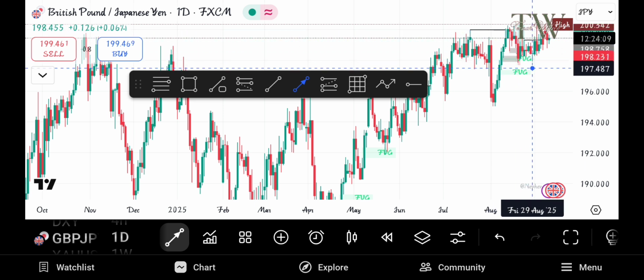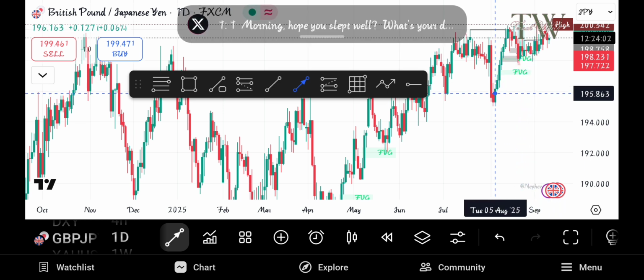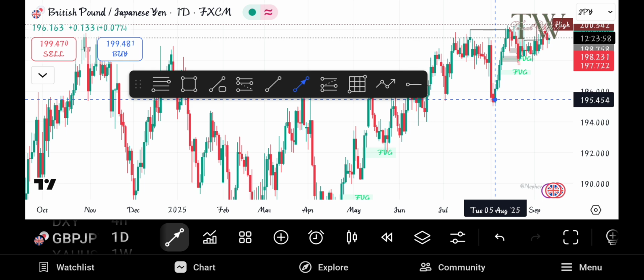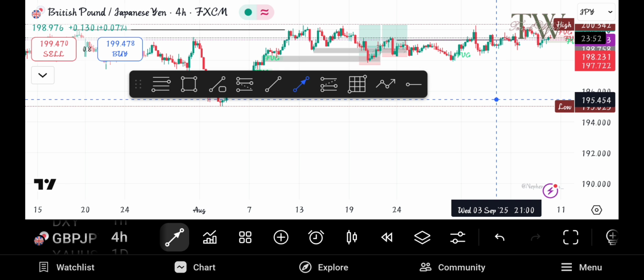One thing I noticed was that if price had given us this, then there's supposed to be a little correction before a continuation, right? There's supposed to be a little correction. So what I did was I had to zoom over to the 4 hour time frame